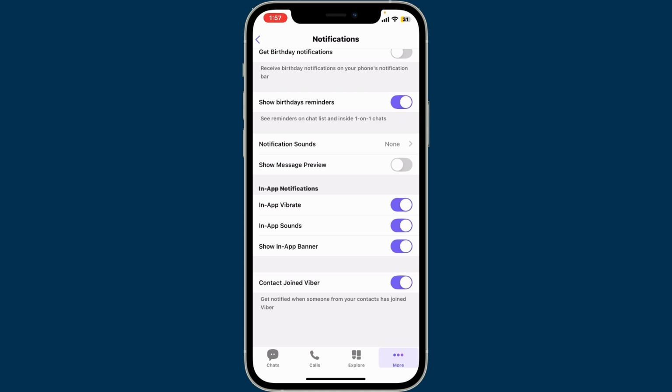Now when you receive a Viber notification, it will only show that you have a message but won't display the content inside the message. This will help you protect your privacy by hiding messages content from your lock screen and